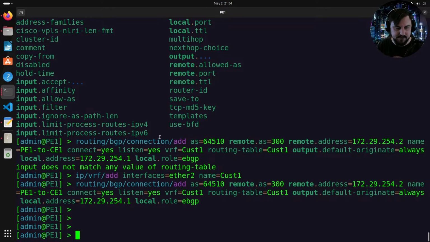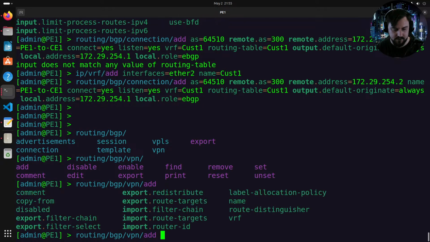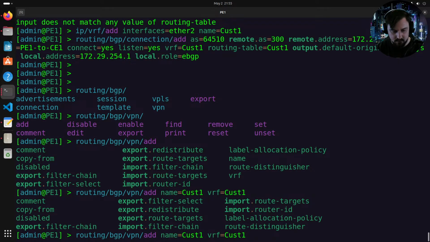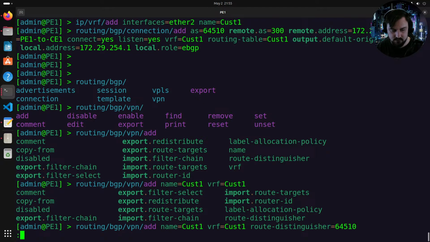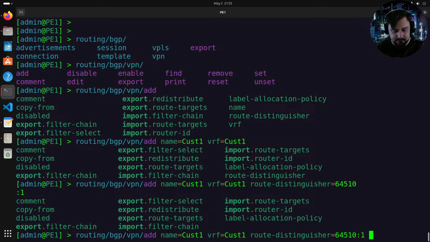I just need to add the BGP VPN configuration, and this is just adding like a route distinguisher and which routes we're targeting and importing and such. So routing BGP VPN add. I don't think I need to give it a name, but let's give it a name, cust1. VRF is going to be cust1, obviously. Our route distinguisher, I'm just going to make our AS :1, which is for customer 1. And I'm going to export